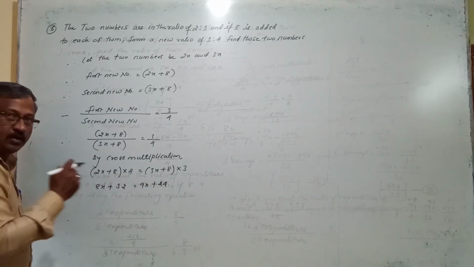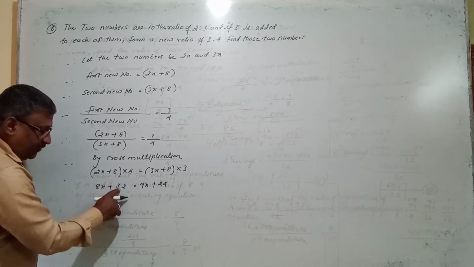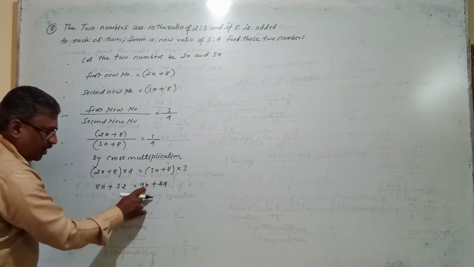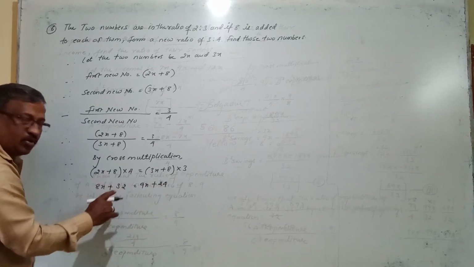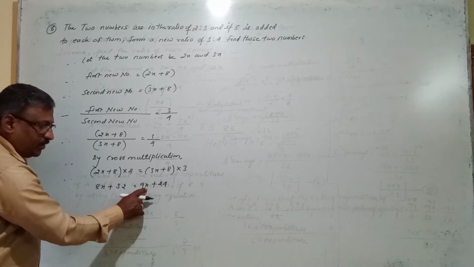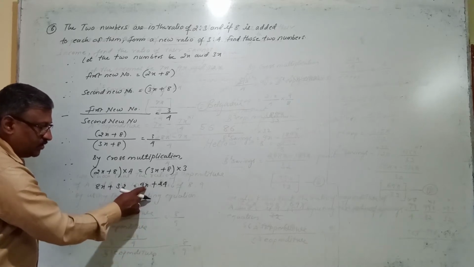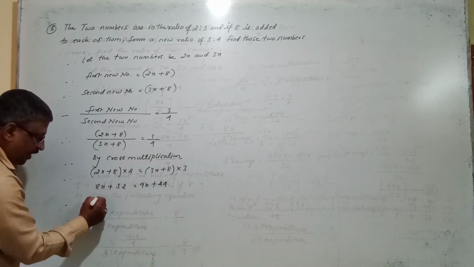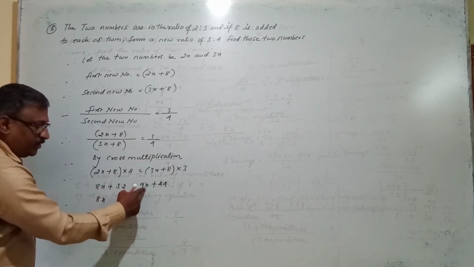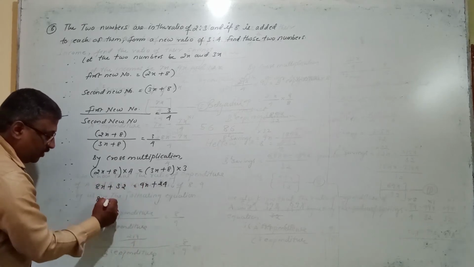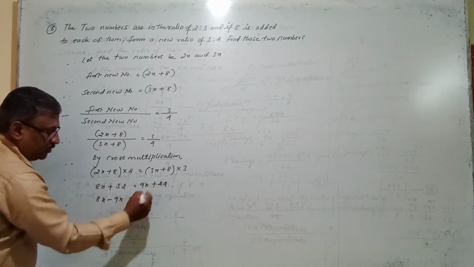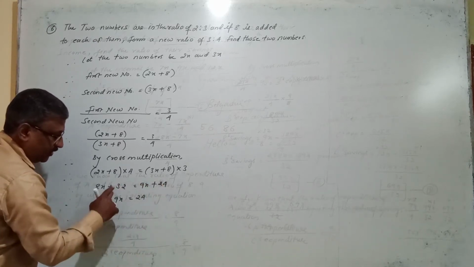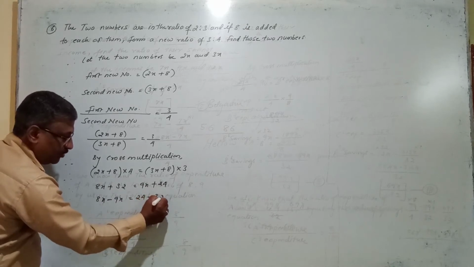Yeah, like this. Now in 8x we cannot add 32, or in 9x we cannot add 24, but 9x and 8x we can solve. To solve this, what you have to do? Transfer, bring this 9x to this side, and transfer this plus 32 to that side. So this 8x I will keep here only, bring this 9x to this side, this is plus, it becomes minus 9x equals this plus 24, you keep here only and transfer plus 32 to that side, this plus becomes minus 32 here.